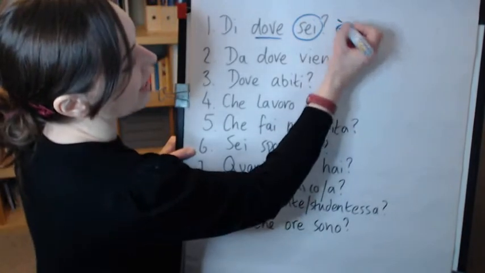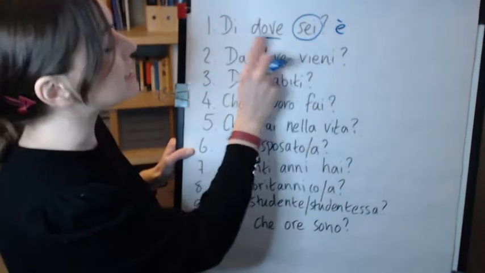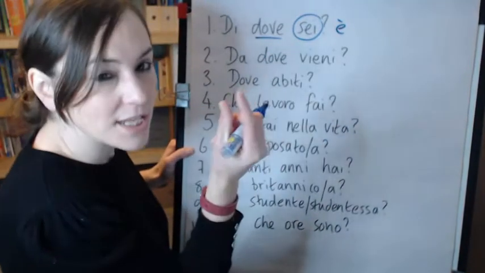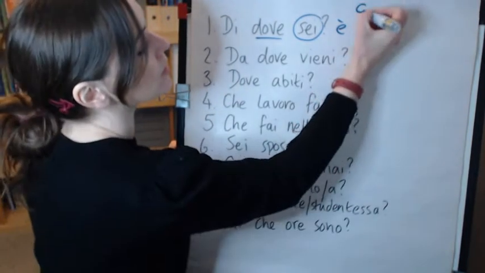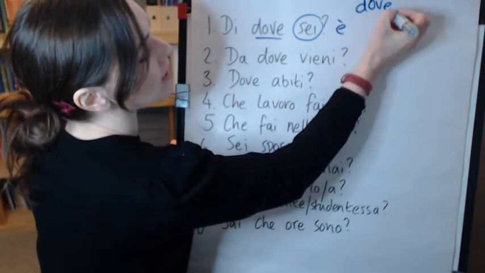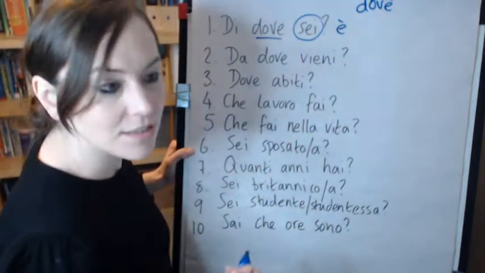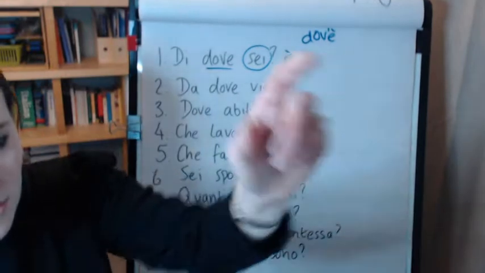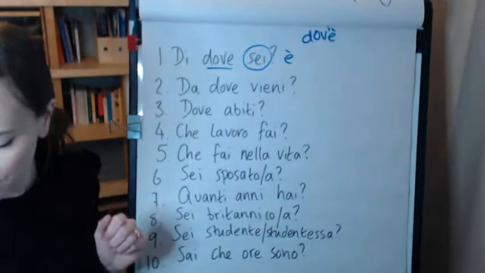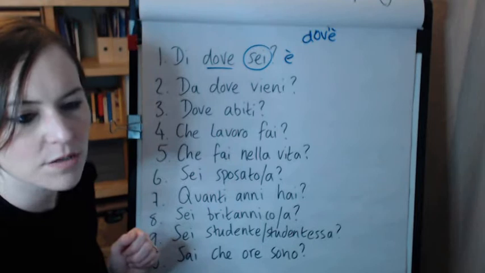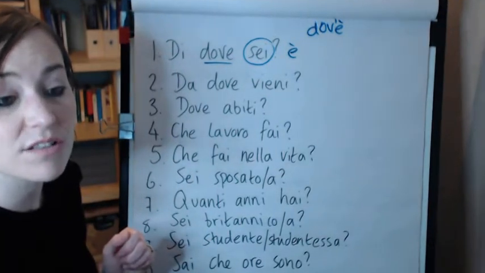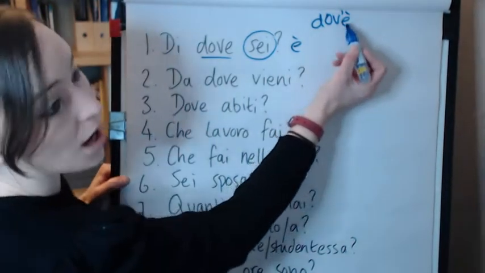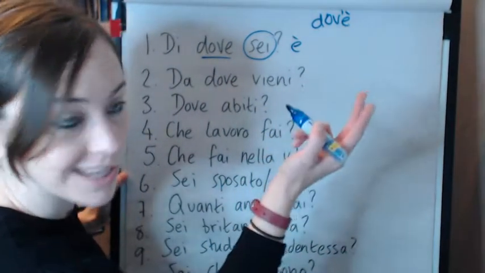So you could have è instead of that, di dove è. That's sort of truncated or contracted down to dov', like that. That could be contracted down to dov' with a little apostrophe. Or you can slightly change the question around if you want to be a bit clearer. So, of where are you, or of where is she, if you like.